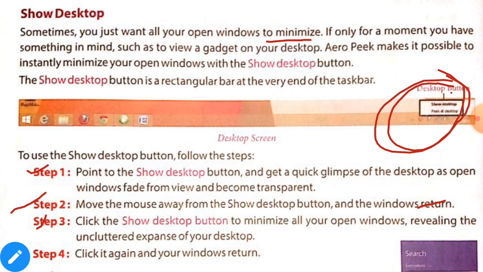Step 3 is click the show desktop button to minimize all your open windows, revealing the full expanse of your desktop. Step 4 is click it again and your windows return.